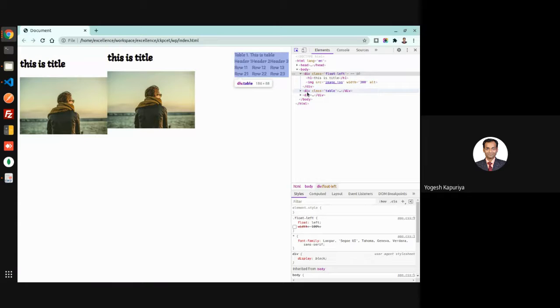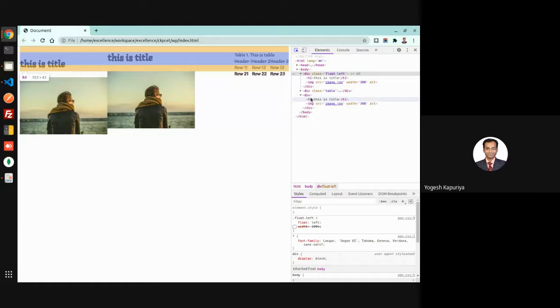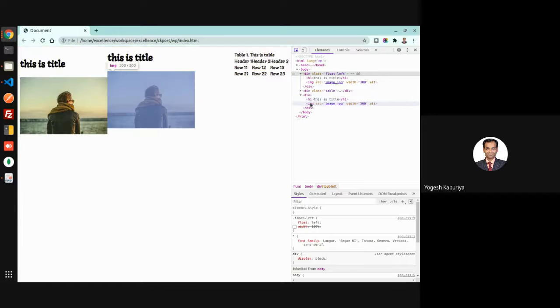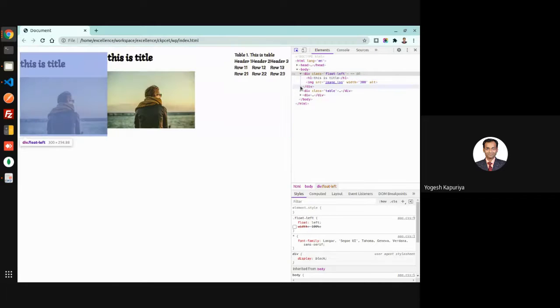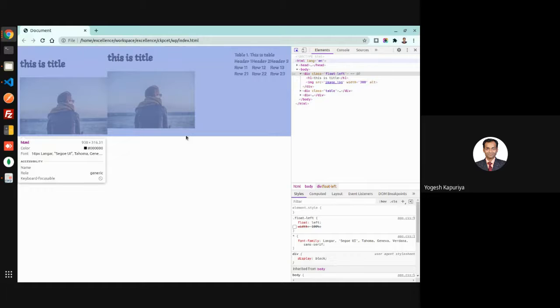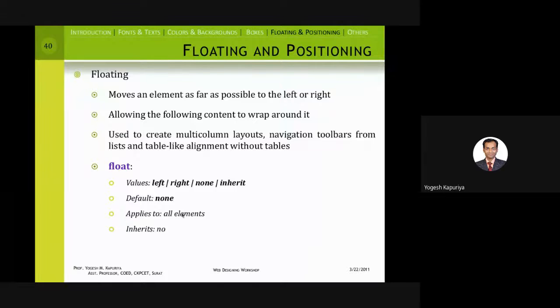The next block will be rendered because it is float wrapped, so it is float right, so it goes to the right side, and then you have the regular block. See, this is your regular block. Okay, so you have to just understand the behavior, and then you will be able to use it properly. So float left means something which is there in the flow will be removed from the regular flow, and it will move in the left direction. Right means it will move in the right direction, and it will be removed from the regular or current flow of display.